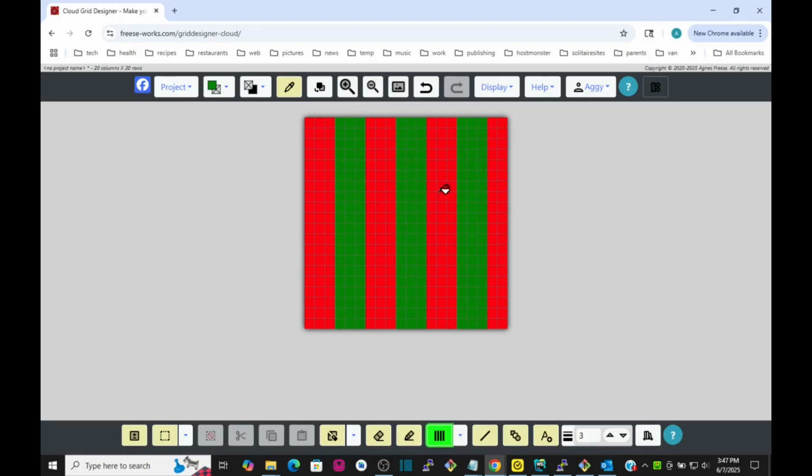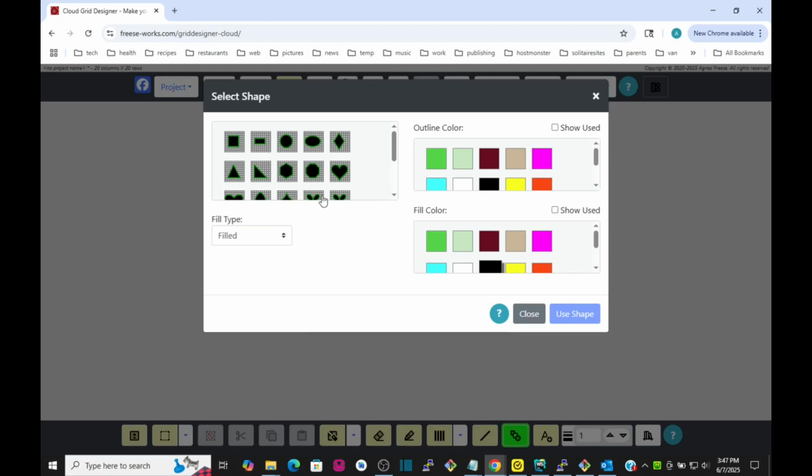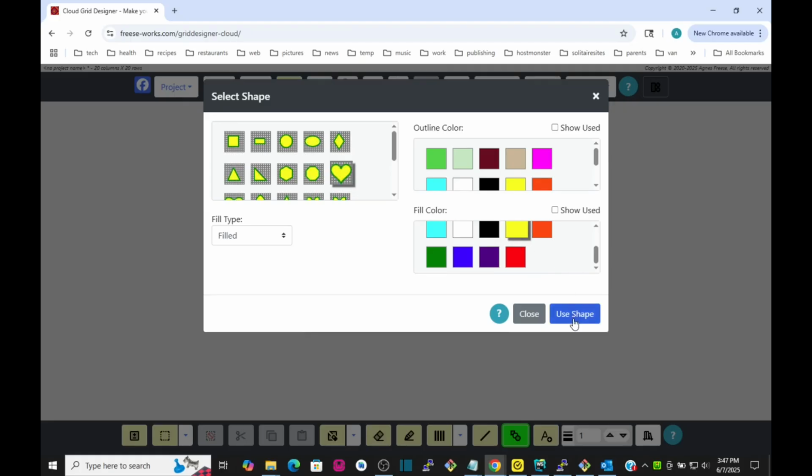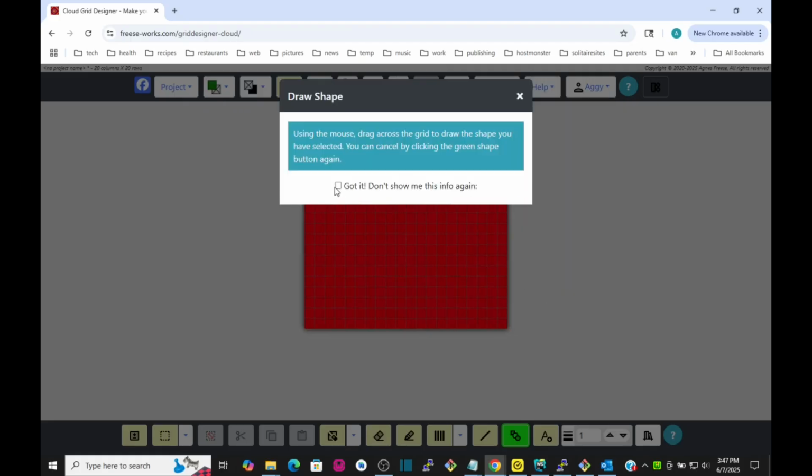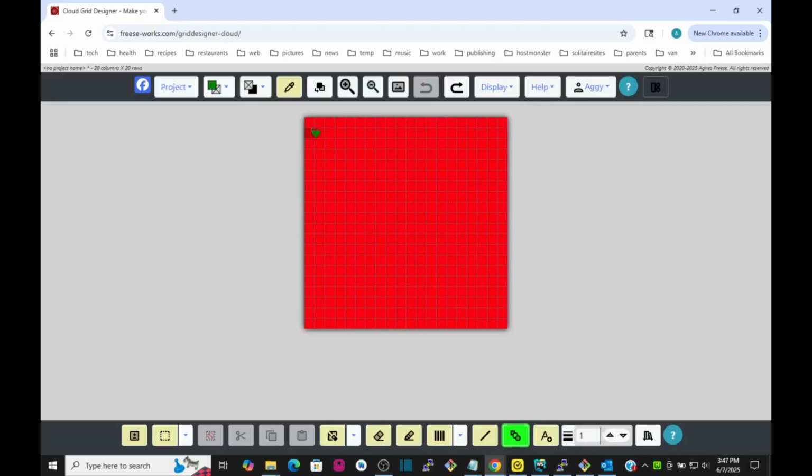Okay, then let's see. Then I also want to show that they also fill within. Let's go and put a shape up here. They fill inside of other things. So let's change that to yellow. It's going to be green and yellow. And if we put a nice big heart up here,